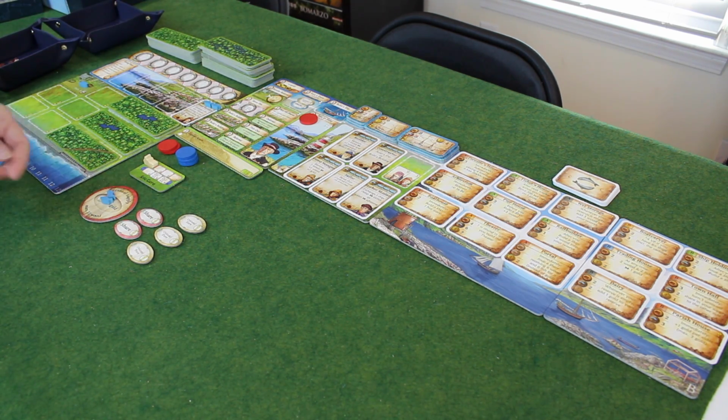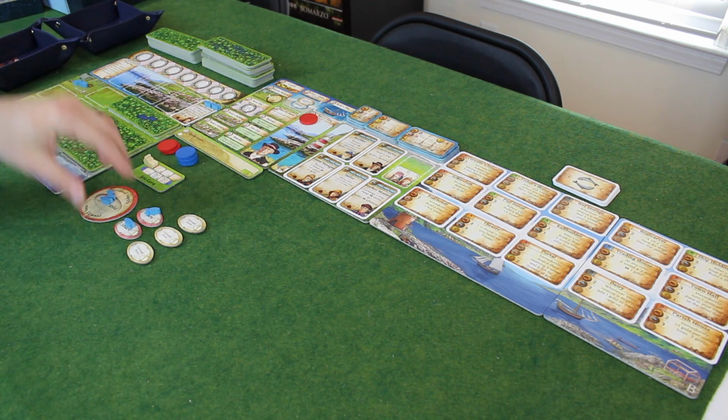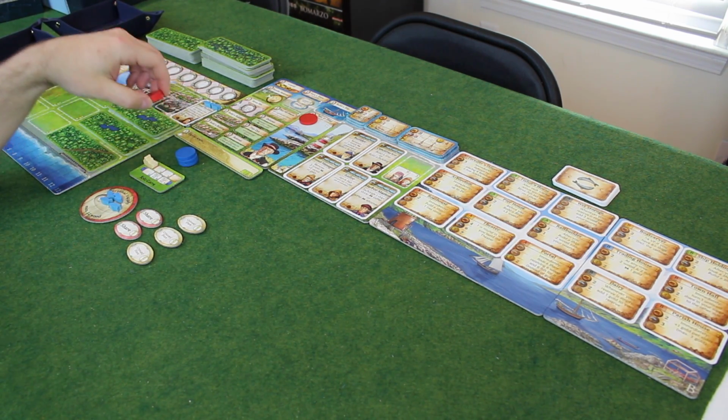All right. 1 goes on shares in foreign possession. There are none yet. My shares in personal supply, I put 2 there. The 1 that's left goes into the reserve. These come into my personal supply. So now I've got 4 fish. That allowed me to get some more fish. All right, so for my next action,